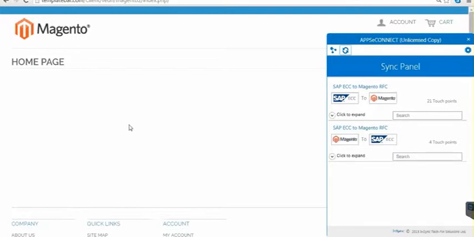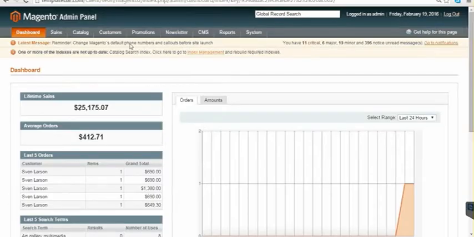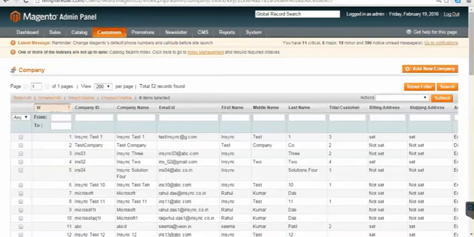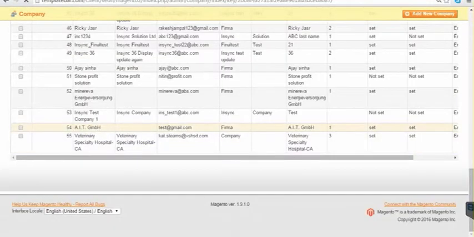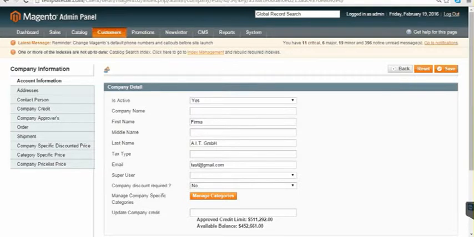So before we kickstart, let me quickly show you in our front end the company that we are using to sync here. So let's say we go into AIT GM. This is a made up company.